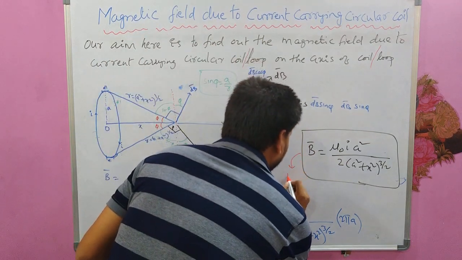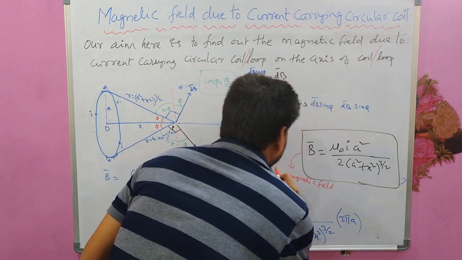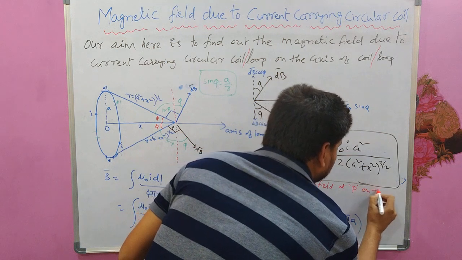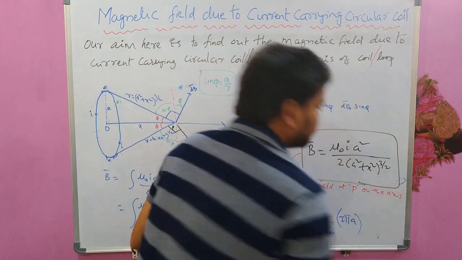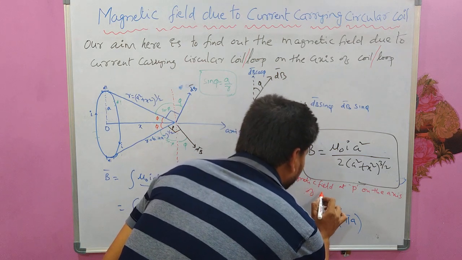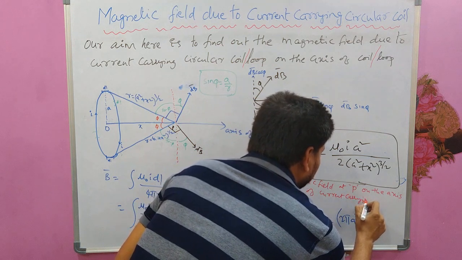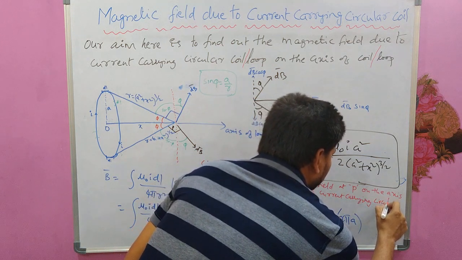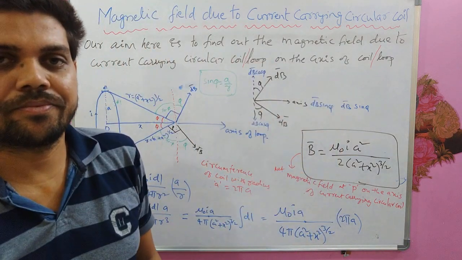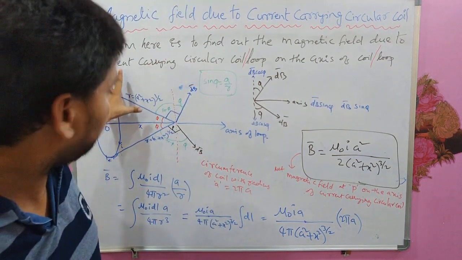This is the net magnetic field at P on the axis of a current carrying circular coil. Circular coil, this, right? And if this current carrying coil